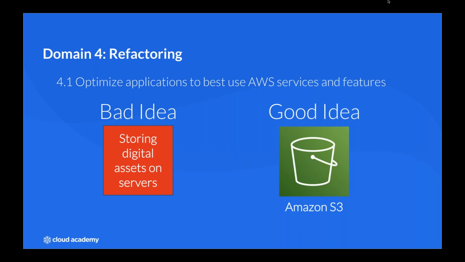So rather than spend a ton of time trying to spin up a new EC2 instance, it's a web server, and copy all the data on there so that it works, just put those digital assets in something like Amazon S3 so that you can point to them when you need them. And that could be something for a web server, but it could also be configuration files for your web server, or configuration files for some other process. Rather than save things on servers that I should be able to kill in a moment's notice